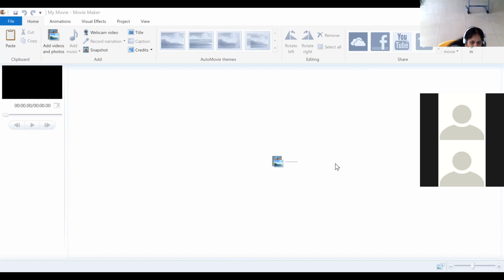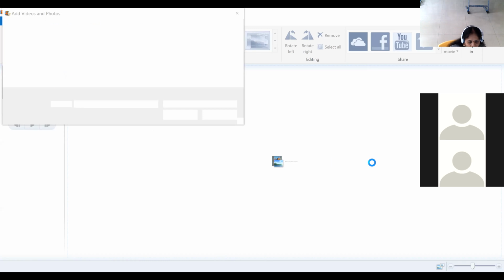But in PPTs, we'll have only audio, no video. So this is like both. If I click on this, it will show the browser window to add videos and photos.